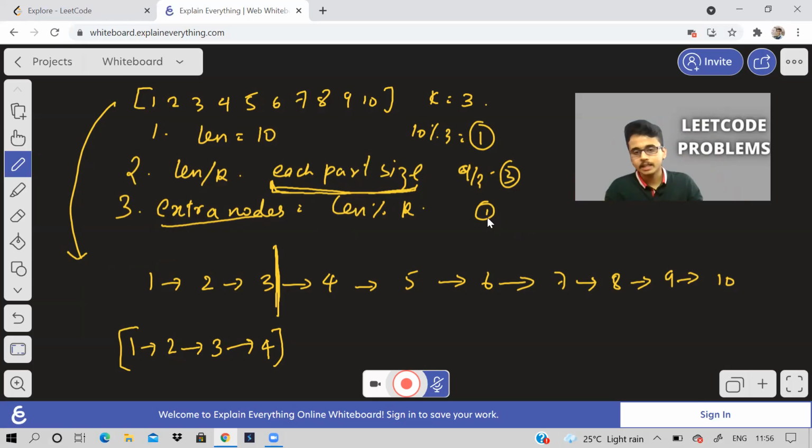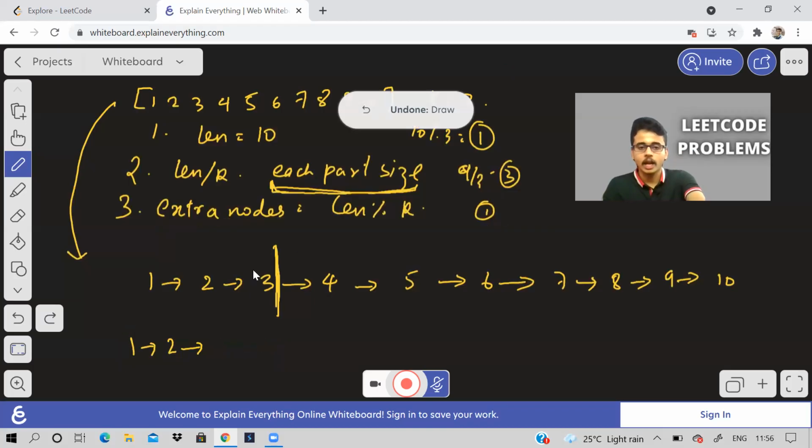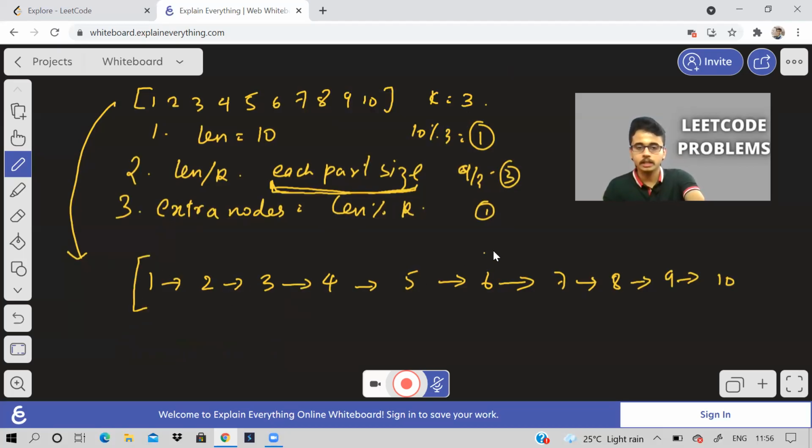See, in this case, there is only one extra node. What if there were 4 extra nodes? If we added all the extra nodes in the first part only, then the size of the first part would become this much, and the second part would be something like this. So it will be uneven. It will not be as close as possible.